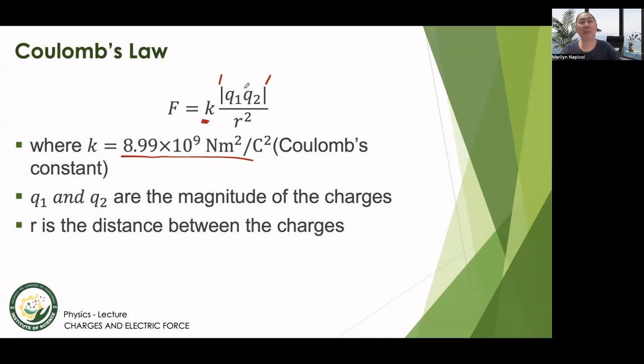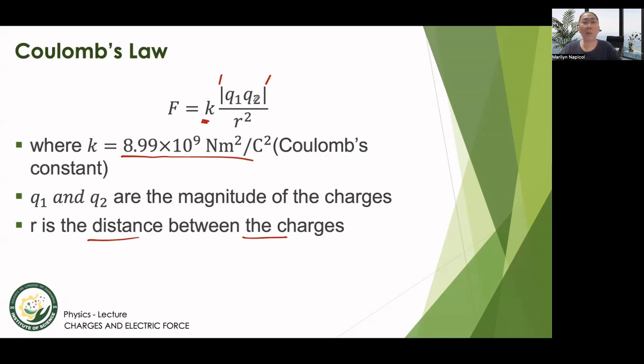Yan ang ibig sabihin ng absolute value. We're just concerned with the size of that number. And then over R squared, which is R here represents the distance between the charges. Now, if you will look at this equation, kung titingnan natin, pwede nating sabihin that since magkalinya yung F at